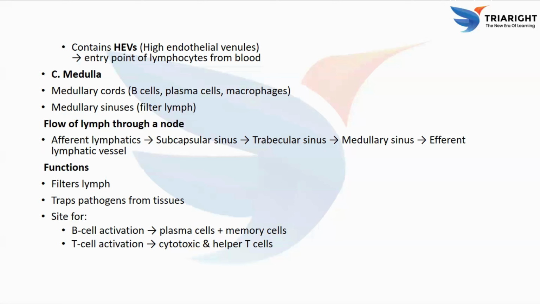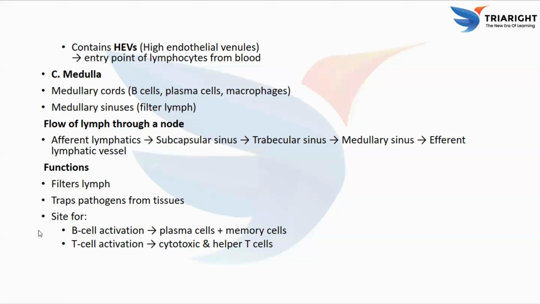This is the pathway. So afferent lymphatic vessels bring the lymph into the lymph node, many afferent vessels. So next the subcapsular sinus, just below the capsule. And then the trabecular sinus along the trabeculae, along the internal walls. So next is the medullary sinus, a deeper space inside the node. And then this carries to the efferent lymphatic vessel. So this efferent lymphatic vessel carries the lymph out at the hilum, which is the only one efferent vessel. So this is the flow pathway.